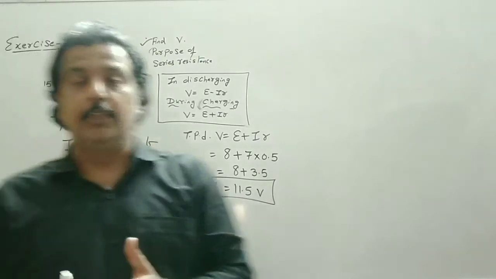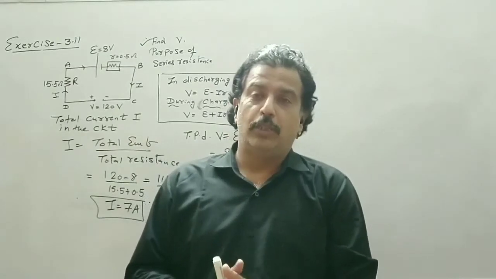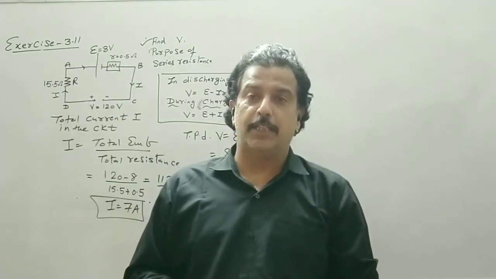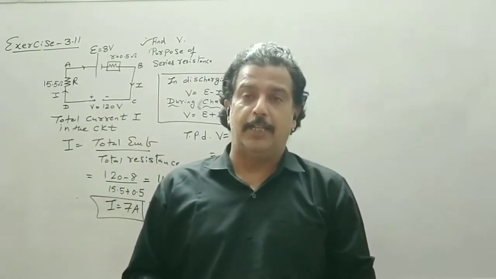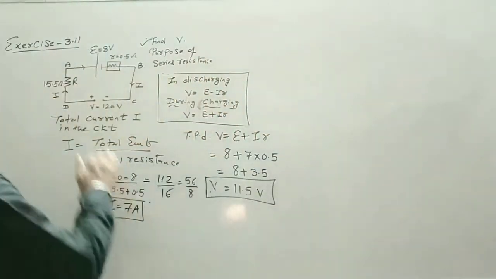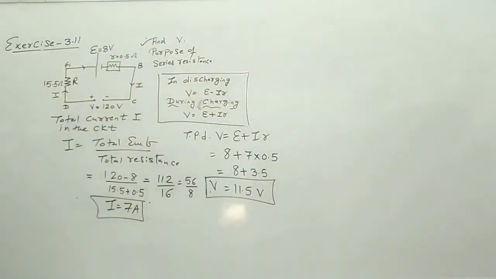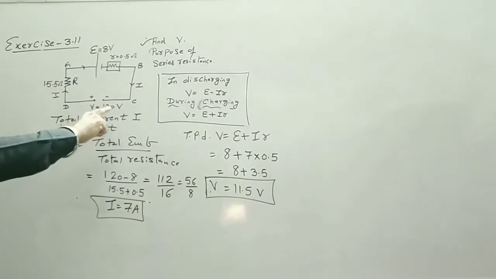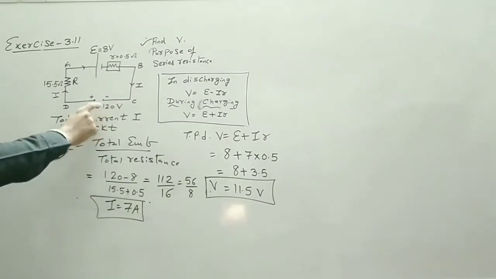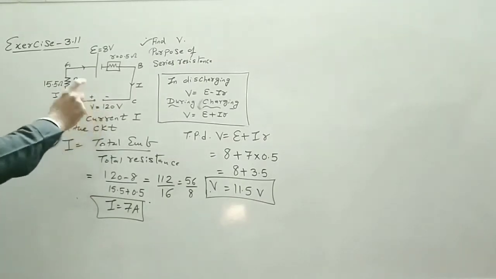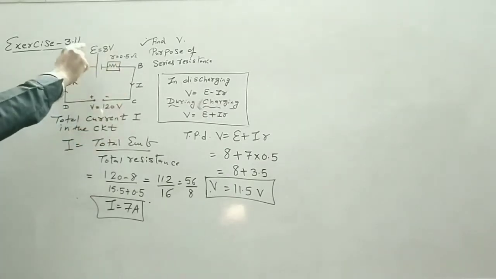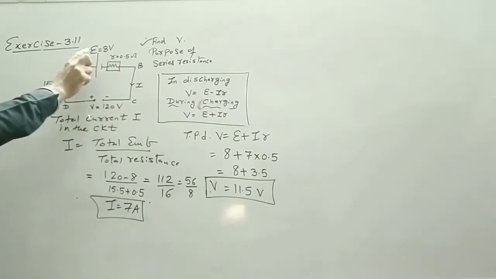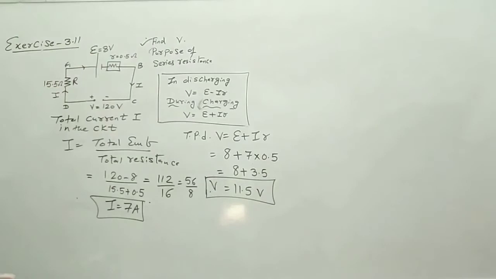We have seen that when 1 ampere current flows, the number of electrons flowing through the circuit is very, very large. So if we don't connect this external resistance, the current drawn from this external source is very high, which may damage our cell which is to be charged.